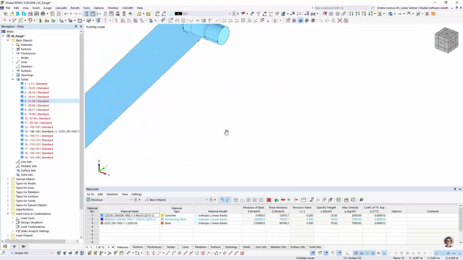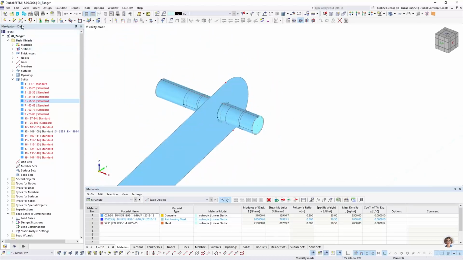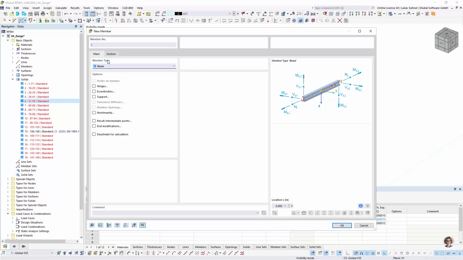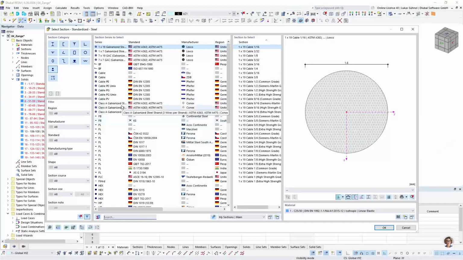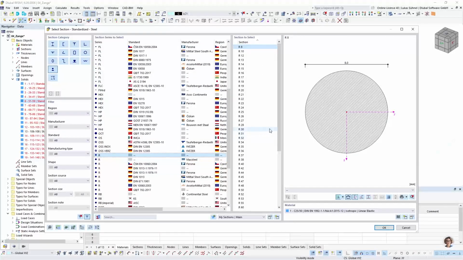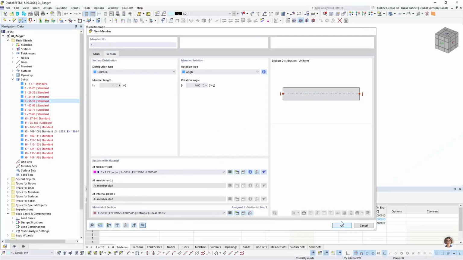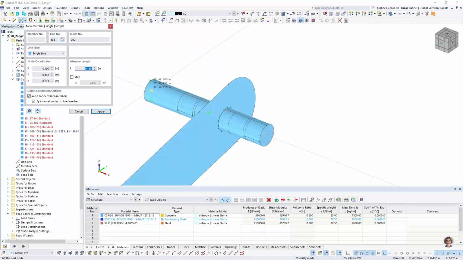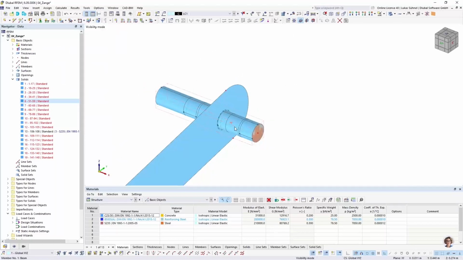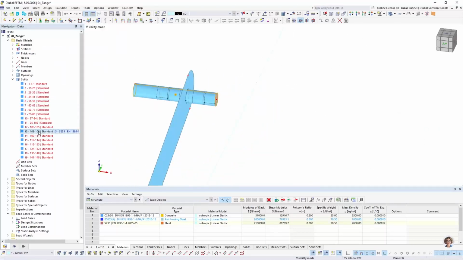Same for this bolt. I don't want to use a solid here. I want to use a beam. So I go into my library, select an R25, which is the diameter of that bolt, R25, with the related material, and I am catching here the snap point, the center of a circle. Yeah, that's the snap point I can select. Same on the other side. And then I have here a member, and I can delete this solid